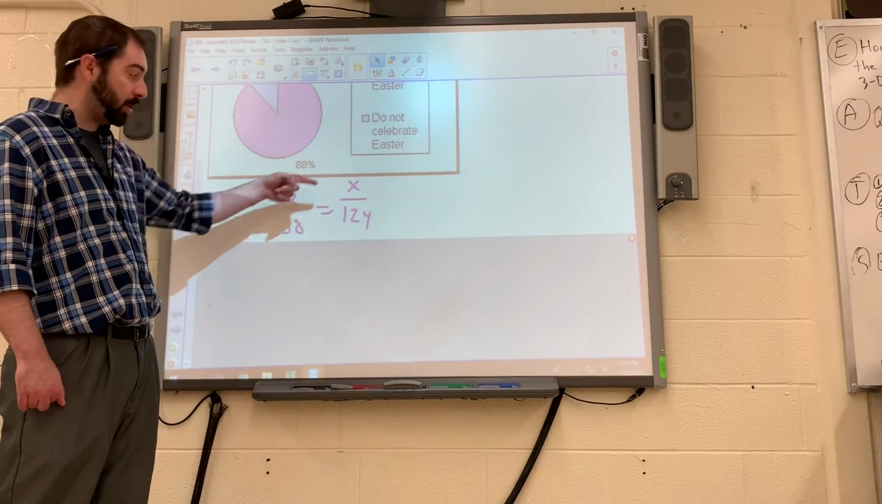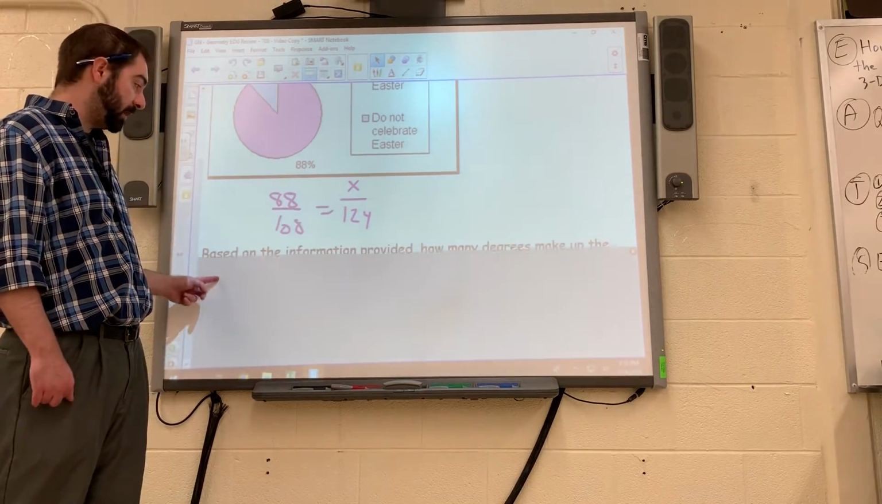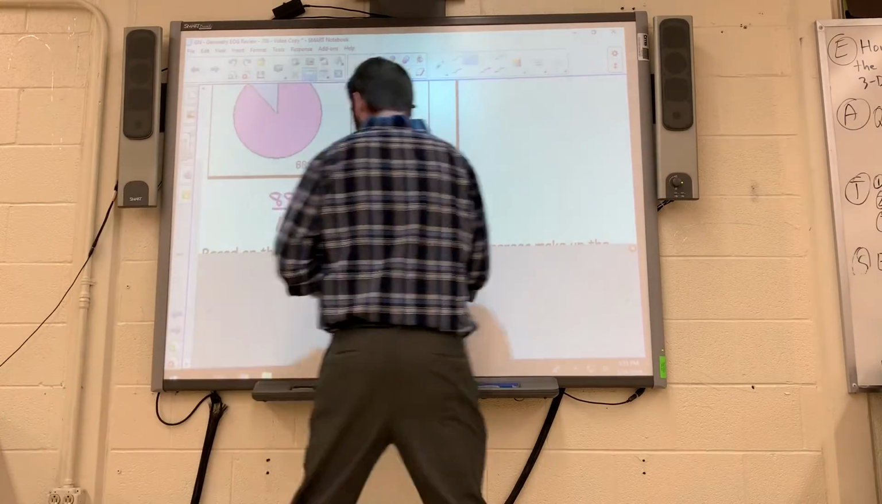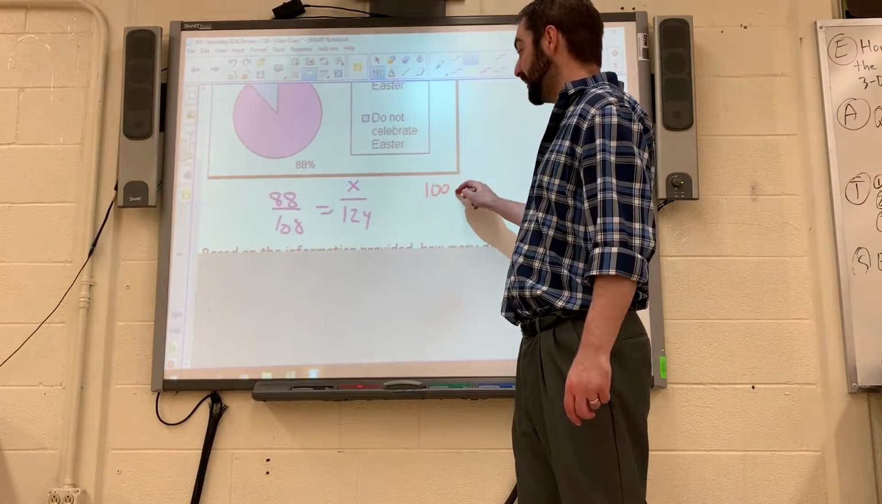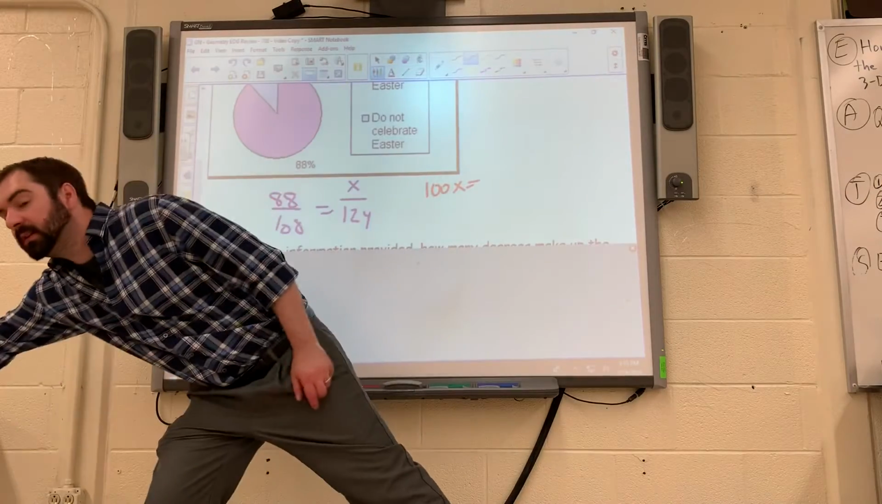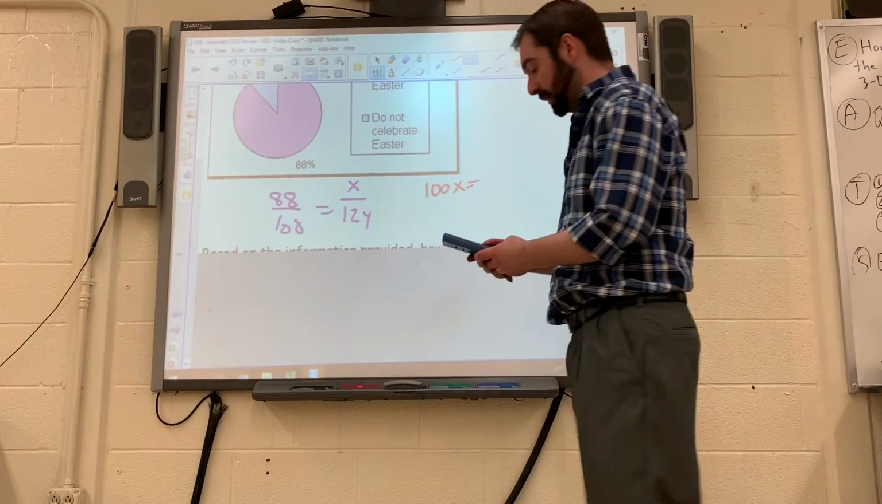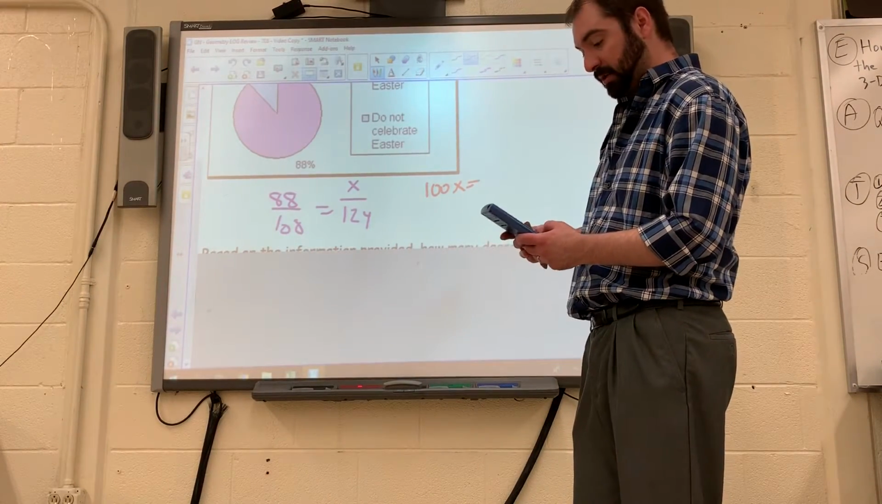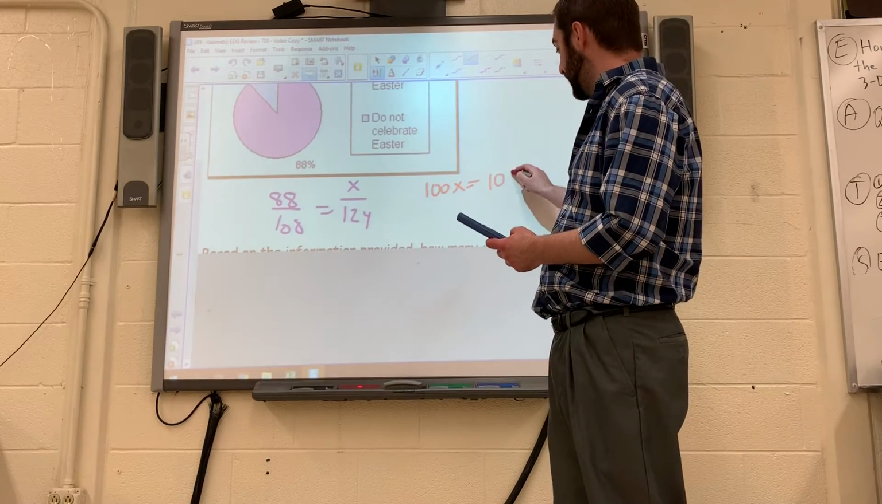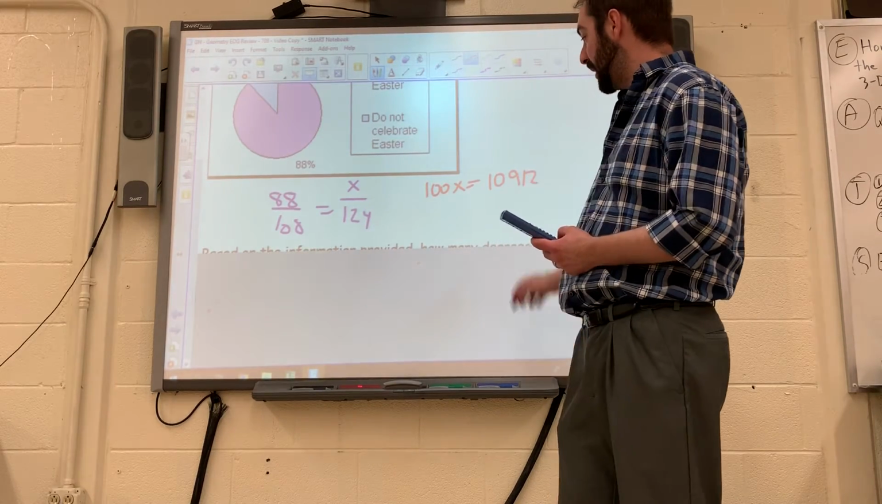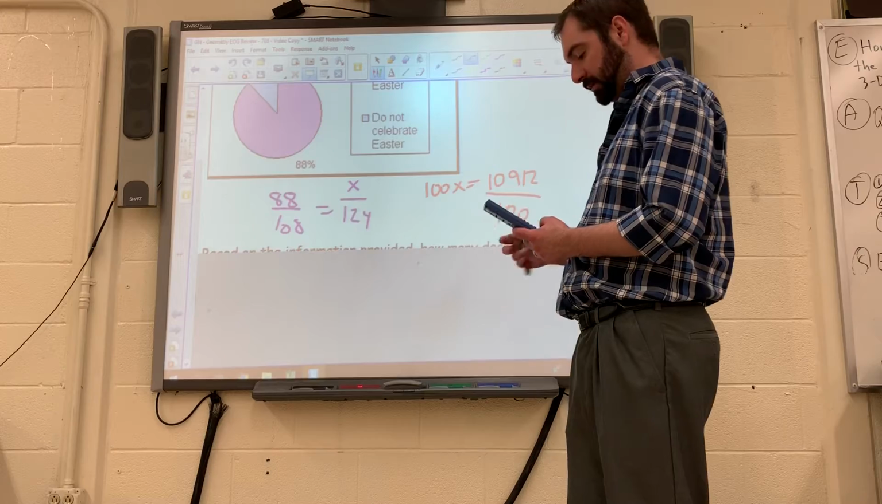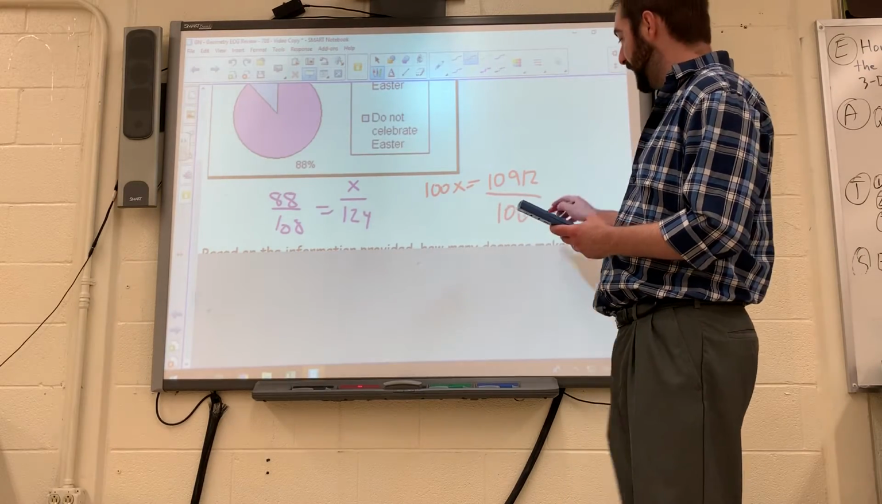So again, it's parts the whole, parts the whole. From there, I'm going to cross multiply. So I'm going to get 100x equals, this one I forgot to do, so I'm going to pick up my calculator. 88 times 124 is 10,912 divided by 100 gives me a final answer of